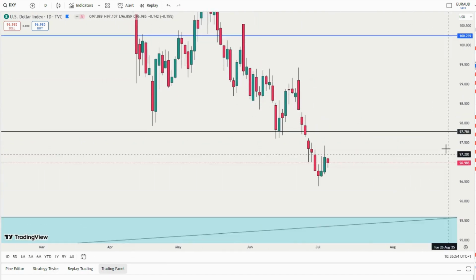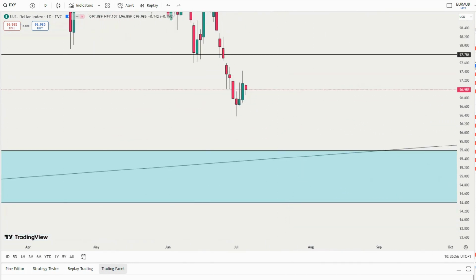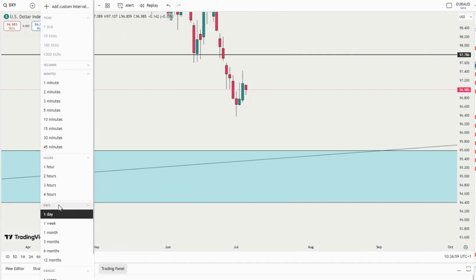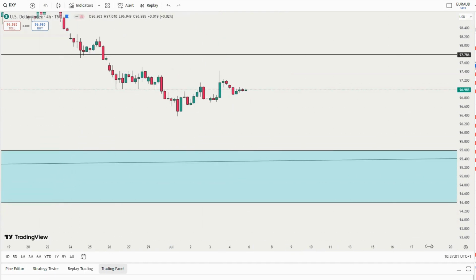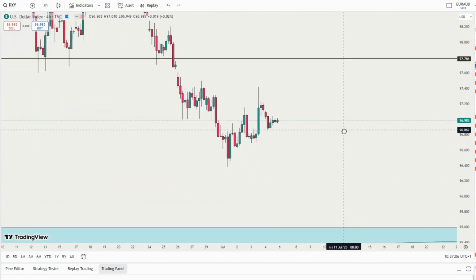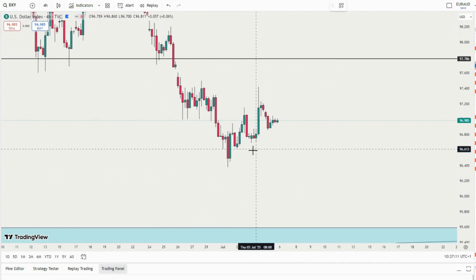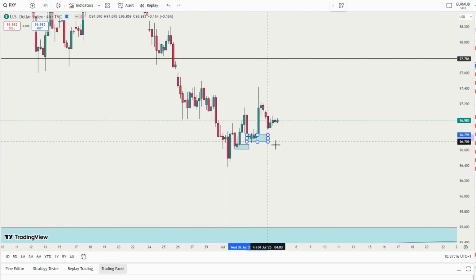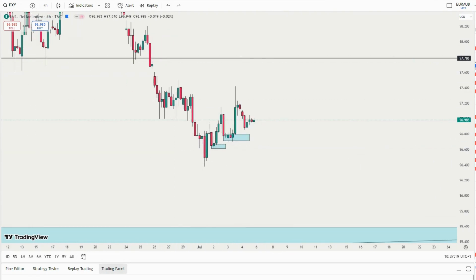So what are we looking at on the DXY, that is on the dollar? My expectation on the dollar, if you go to the 4-hour time frame, is to still see some retracement play out around this area, because we started seeing the creation of a lower high around this particular area. And if this kind of thing is happening, we can see a retracement, because after this low, no new low was broken around this area.